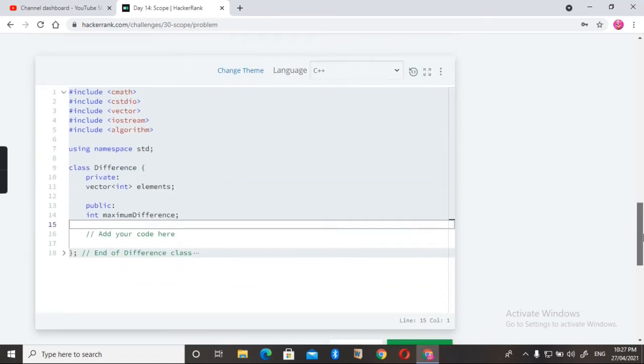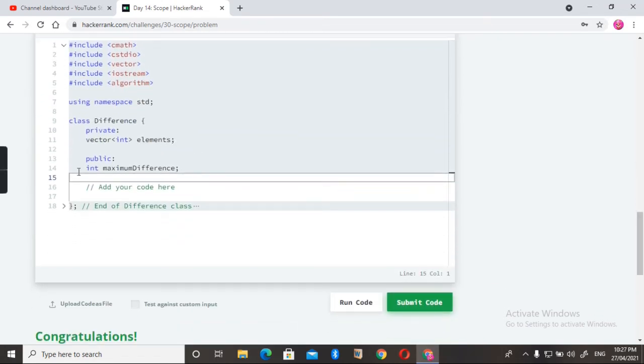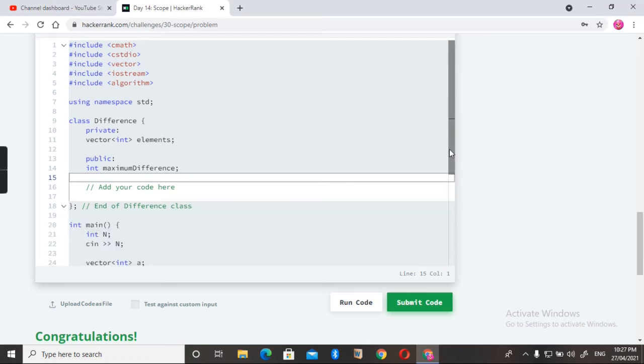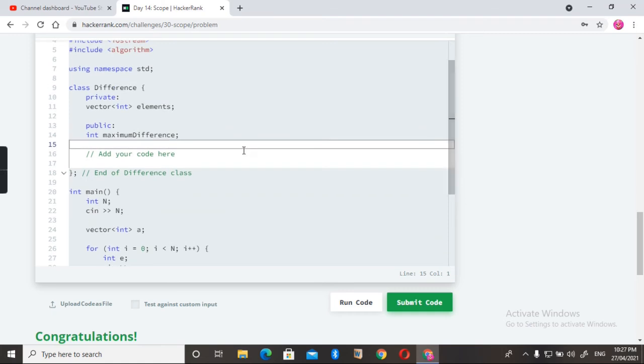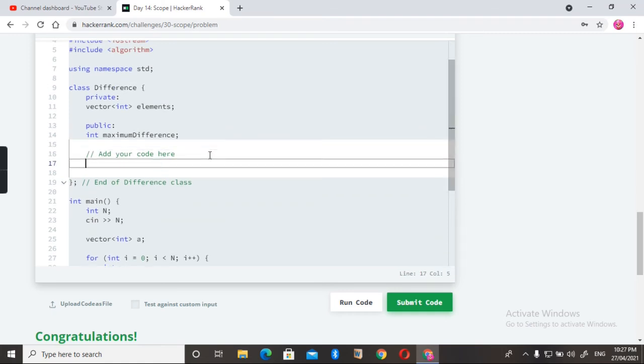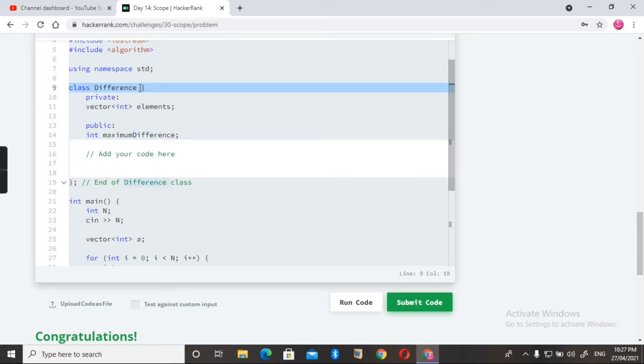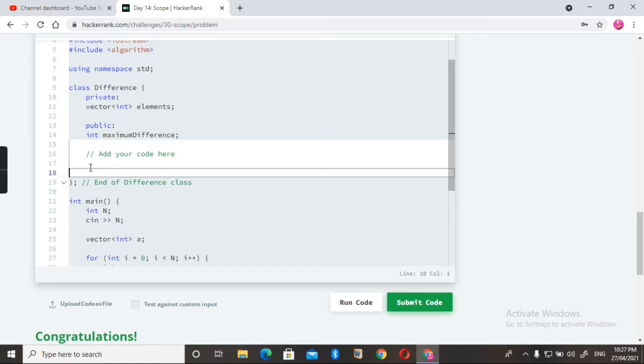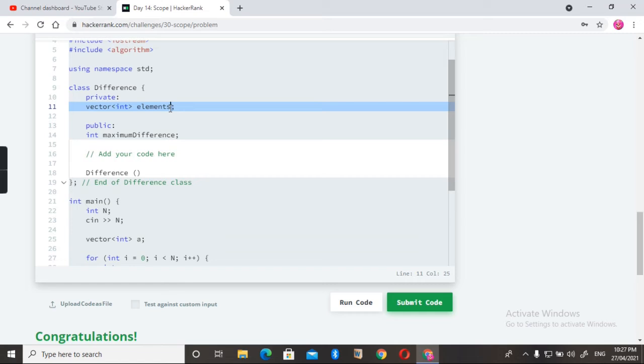Okay, here you can see the class, that is Difference, and this is the end of the class. So our first task is to create the constructor. The constructor name is the same as the class name, so I'm just copying it here. And the parameter of that is vector elements.